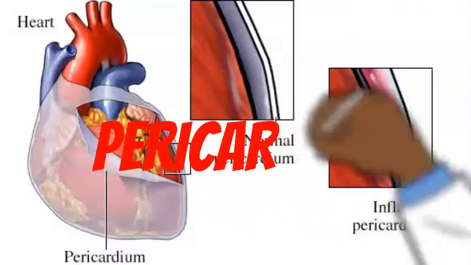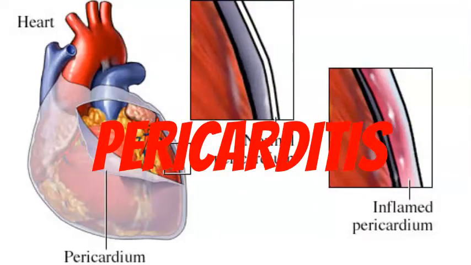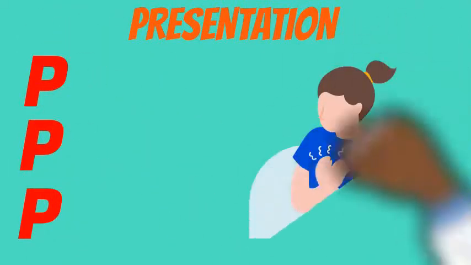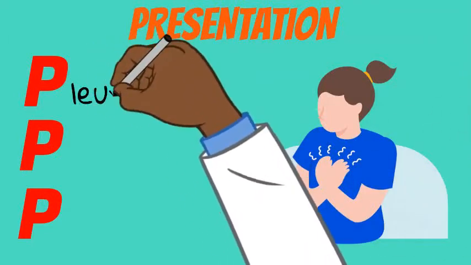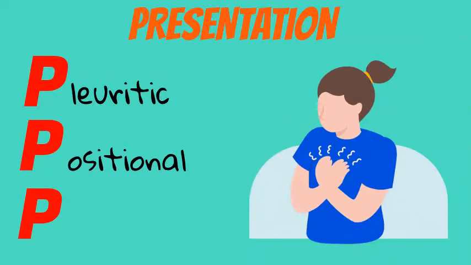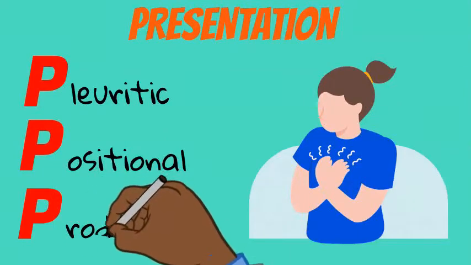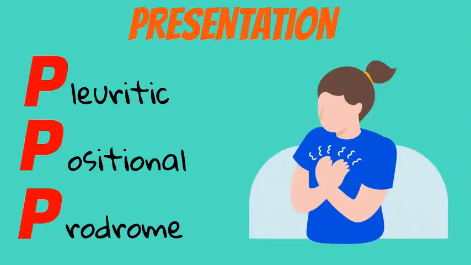Today's lesson will be on pericarditis. When you think about pericarditis, it's helpful to remember the 3 P's. Patients will present with sudden onset retrosternal chest pain that is pleuritic, positional, meaning that pain is relieved by sitting up or leaning forward, and there is a prodrome that resembles a typical upper respiratory tract infection with dyspnea, cough, and fever. The vast amount of cases are viral and caused by the Coxsackie virus, but there are other etiological